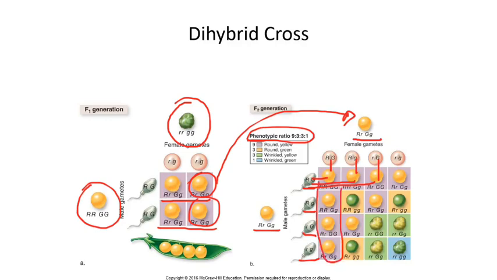So it looks really pretty when we draw it because we go like this. Oops. So see, I can make a little triangle. Looks like a little boomerang. Okay, so all of those are going to be yellow and round. These are going to be green and round. These are going to be green